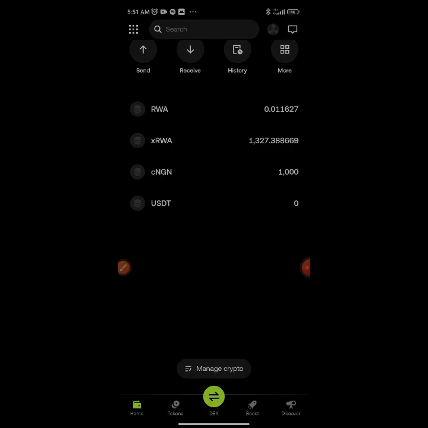Even my tokens, I added them when I was using BitGet, but they have already reflected here. So this is a very simple step that you can use. If you have done this, that means you're ready to buy Shalom token. So the next thing you need is to go to